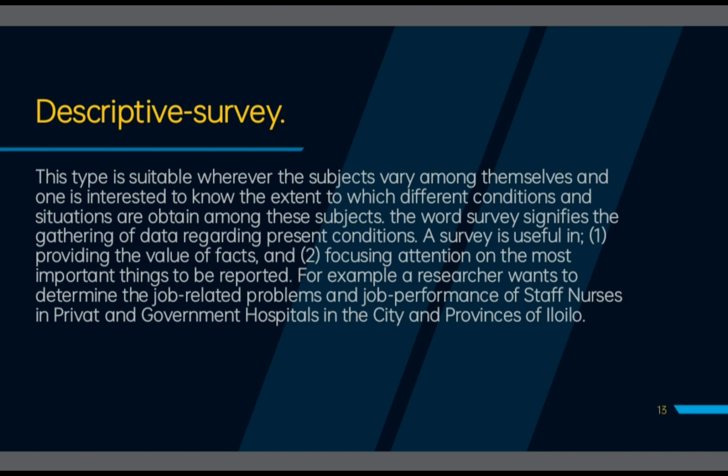Descriptive survey. This type is suitable wherever the subjects vary among themselves and one is interested to know the extent to which different conditions and situations are obtained among the subjects. The word survey signifies the gathering of data regarding present conditions. A survey is useful in providing the value of facts and focusing attention on the most important things to be